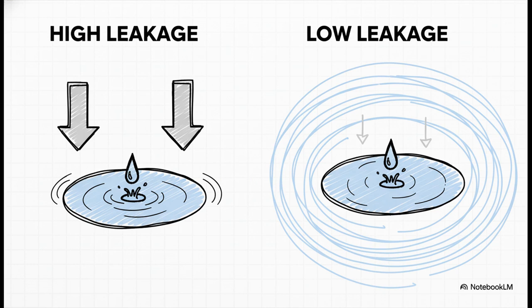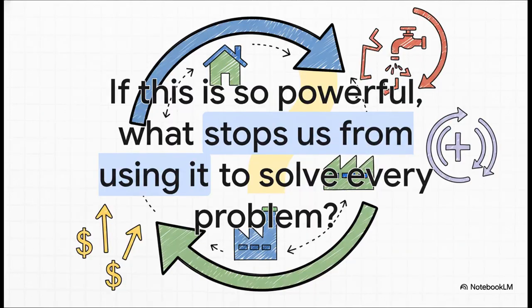Well, it all comes back to our leaks. The more money that leaks out in each round, through savings, taxes, or buying imports, the faster the ripple fades away. A really leaky economy will have a small multiplier, while a less leaky one will have a much bigger one. Which brings us to the big final question, doesn't it?